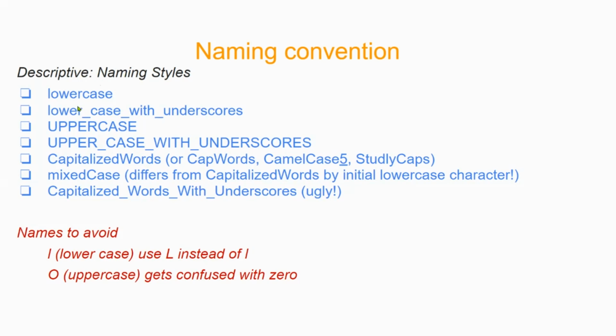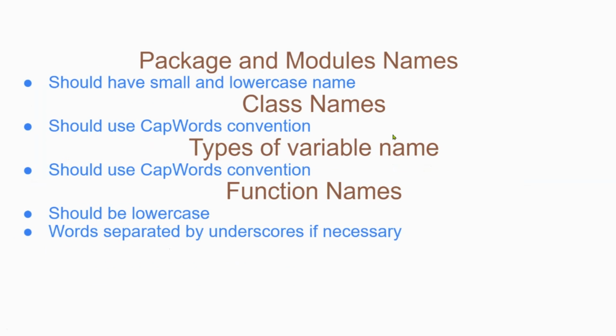And then the naming conventions. You can stick with either lowercase with underscores for long names, or uppercase, or uppercase with underscores, or the capitalized words style. But this capitalized style with underscores is ugly and doesn't look nice. And please avoid the letter l. If you want to use L, use the capital L, otherwise it may be confused with I and l, and the same with the zero and the letter O. And if you want to name a package or module, it should be small lowercase,